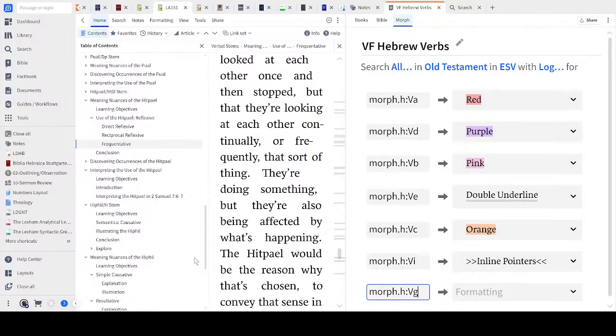With the reflexive form, the subject of the verb acts upon itself. The Piel stem expresses the bringing about of a state. The object of the Piel verb suffers the effect. In the sentence, Bob flies the plane, the direct object is the plane. The Hitpael would be illustrated by Bob flying the plane himself, a reflexive sense. So the major thing here is